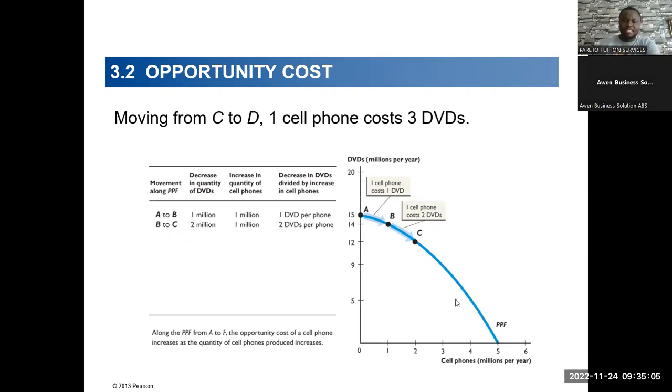Now let's move from C to D. From C to D, we are just gaining an extra unit of cell phone. So extra unit of cell phone. But then how many units of